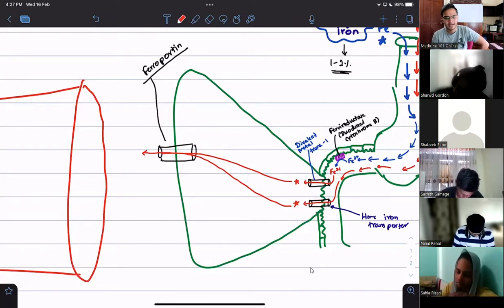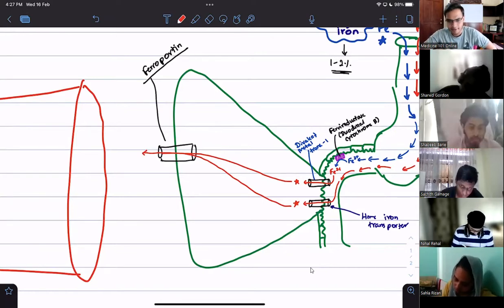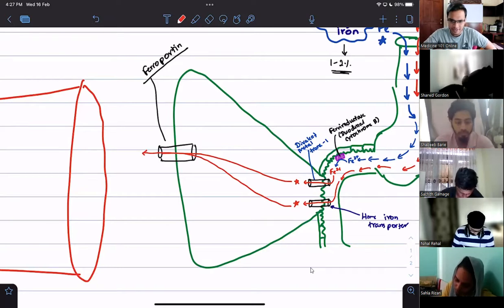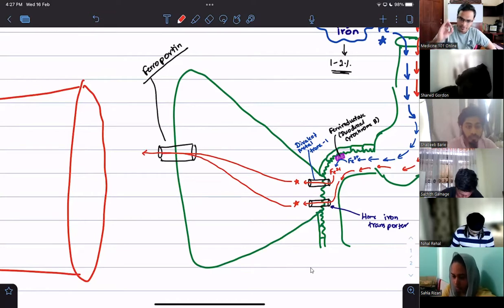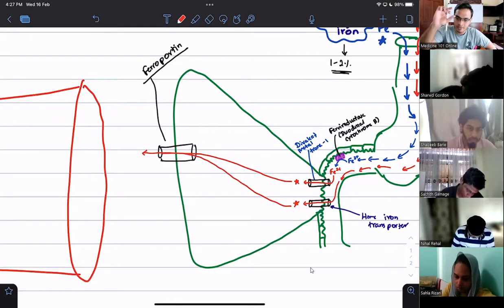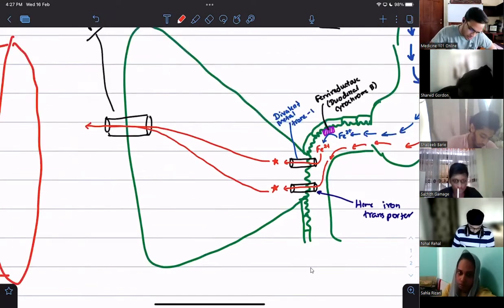Then let's say before we go into the blood, let's say now the blood already has enough of iron, right? So what do you think the signal needs to be? To bring in more iron from the duodenum or to stop and hold on for a bit? Obviously to stop for a while, right? Because of that, these duodenal epithelial cells also have a minor storage function of iron, right? How does that happen?